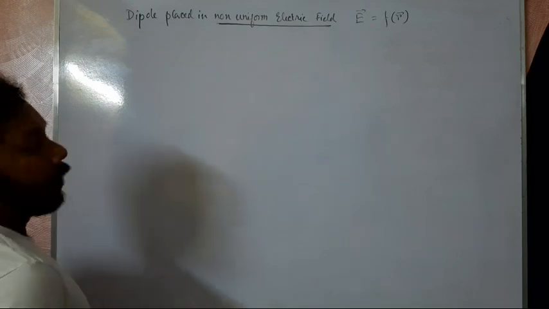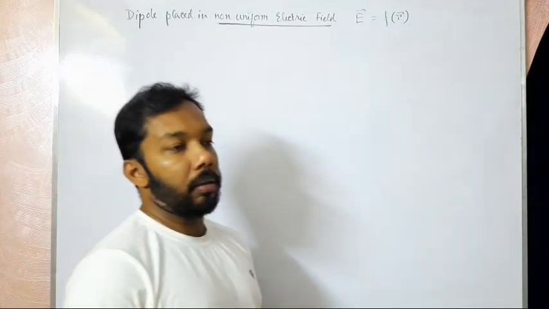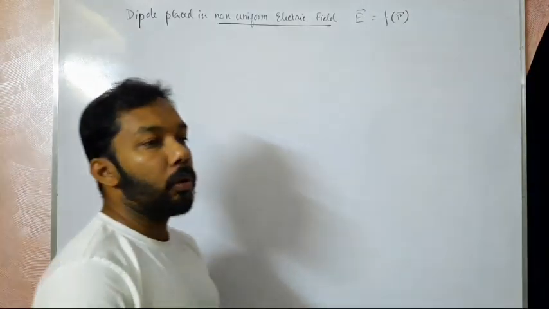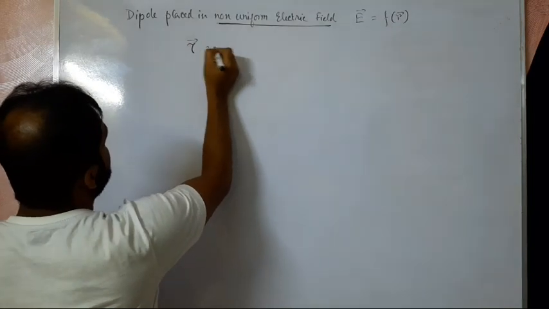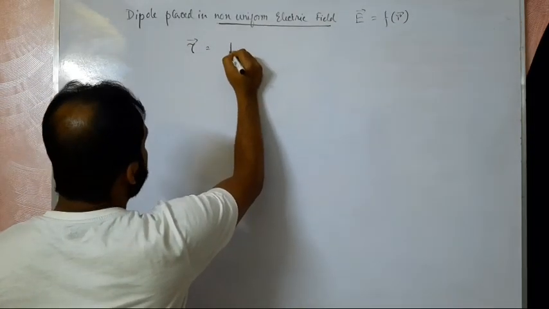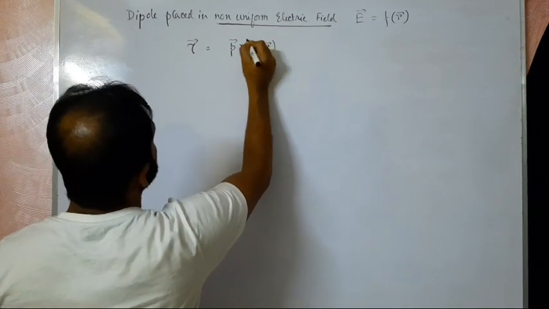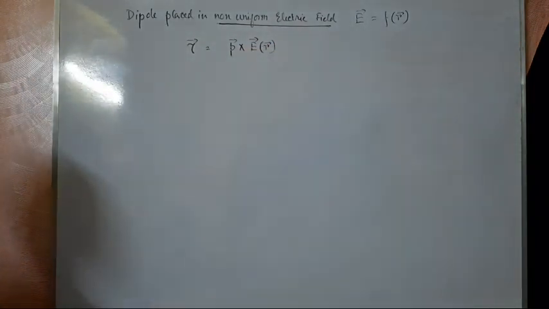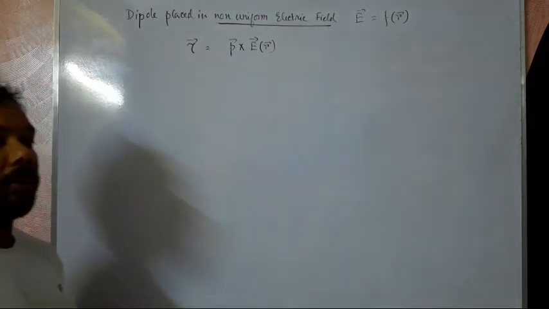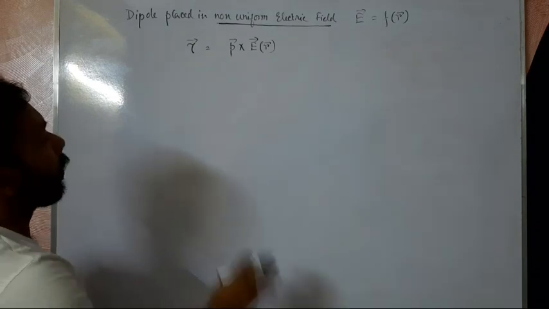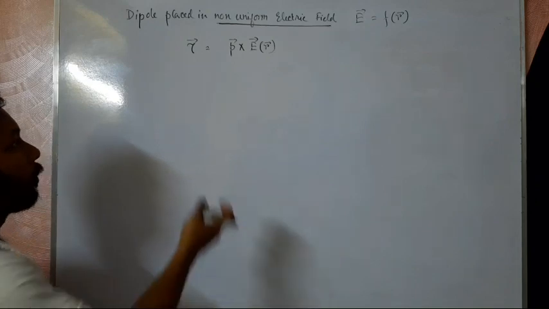Hence, it will obviously experience that torque, because torque will always be there, because a dipole has two opposite charges. Hence, the torque can be written as P cross E of R. E of R means the electric field is a function of that position vector. That will be the torque, and torque will be just like the previous, and the direction will be found from